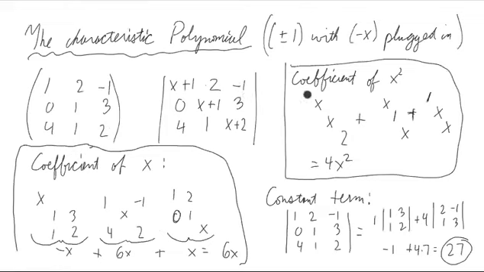Next, what are we doing? Let's look for the coefficient of x squared. How would we do it? Well, notice what I've done is I just took the matrix itself and added x down the diagonals. Instead of saying x minus everything, we just said x plus down the diagonal. So this is kind of like the characteristic polynomial, but not really. What it is, it's kind of like plus or minus